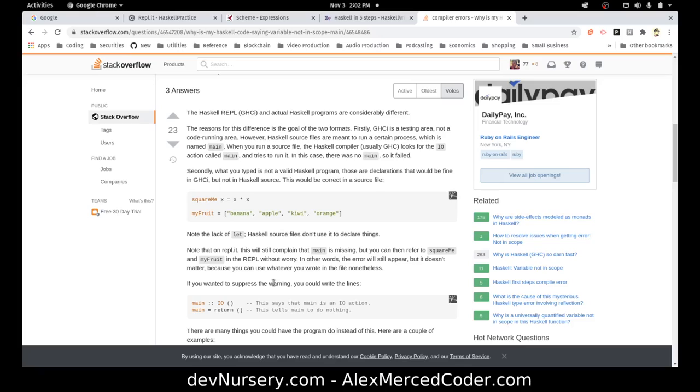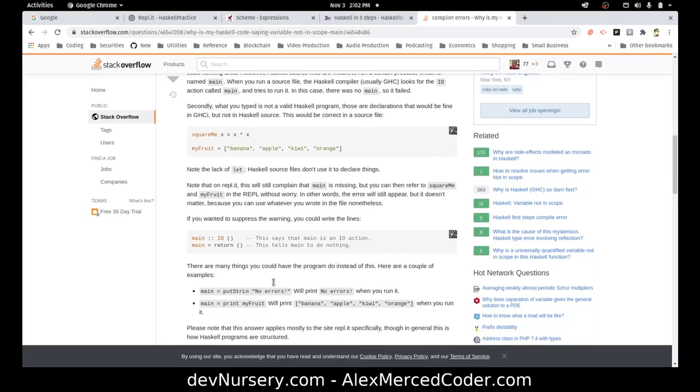Note the lack of that. Haskell source files don't use it to declare things. Note that on REPL.it, this will still complain that main is missing, but you can refer to square me and my fruit in the REPL without worry. In other words, the error will still appear, but it won't matter because you can use whatever you wrote in the file nonetheless. If you wanted to suppress the warnings, you could write the lines